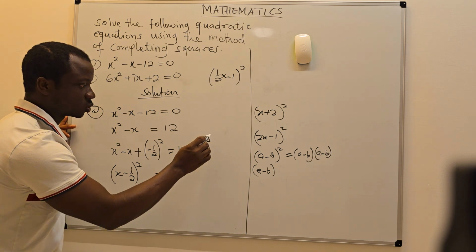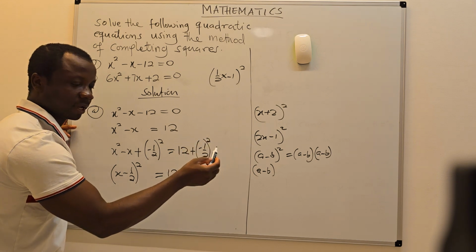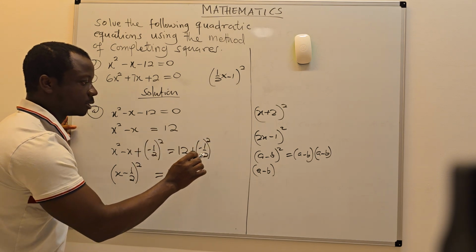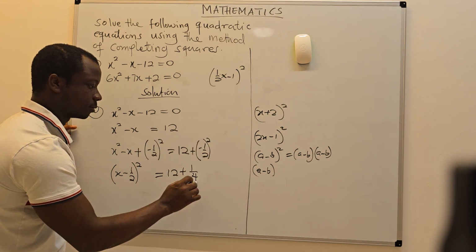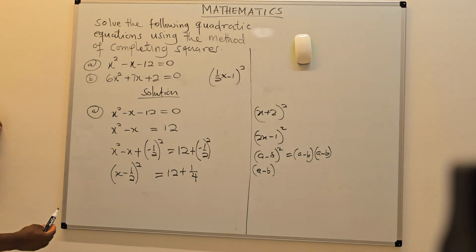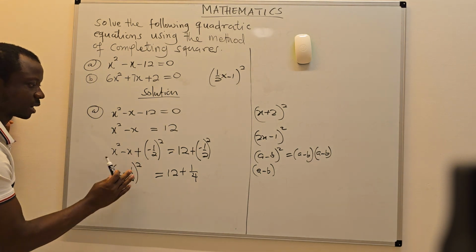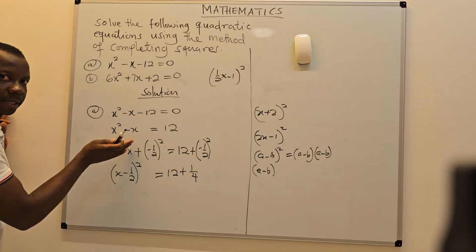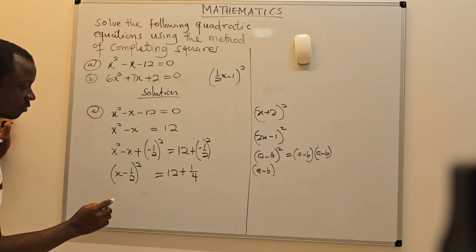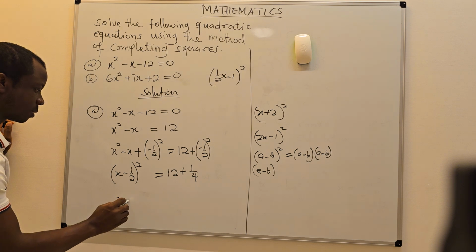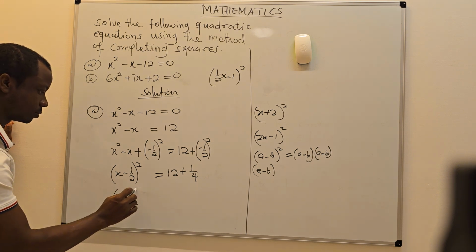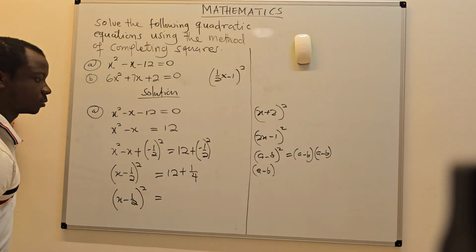So we have 1 squared, that is negative 1 squared, is still positive 1. And 2 squared is going to give us 4. We don't need to open this bracket, because if we open this bracket, we are going to go back to this side. So we are going to have x minus 1 over 2 all squared equal to, we are going